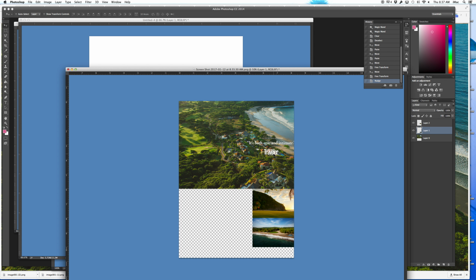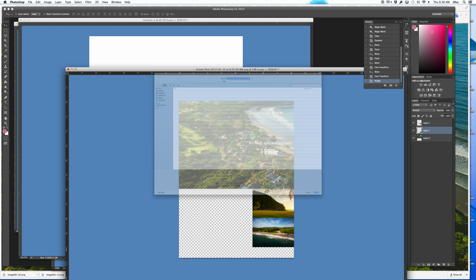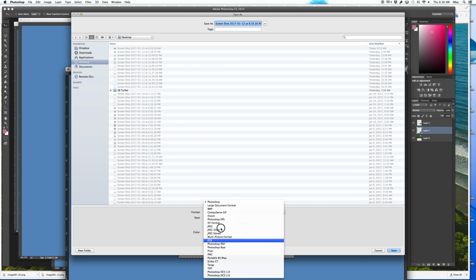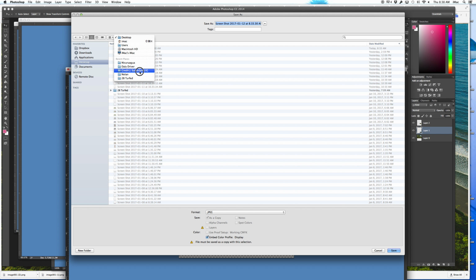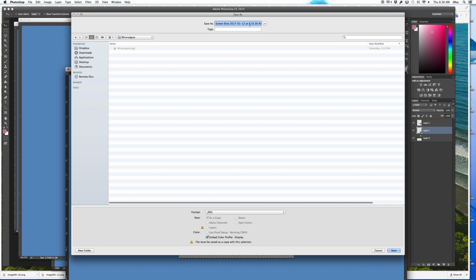So this image is now, I'm going to just go Apple Shift S. And this is one of the situations where Lucid Press charges us for storage. So I'm not going to do this here, but sometimes I might do a save for web optimization. I'm not going to do this here. I'm just going to save it as Apple Shift S for save as, and save it as a JPEG. And here's Nicaragua. And I'm going to call this IGDM, which is IG Digital Magazine 1701, which will be 2017